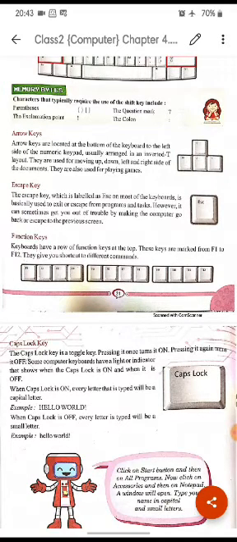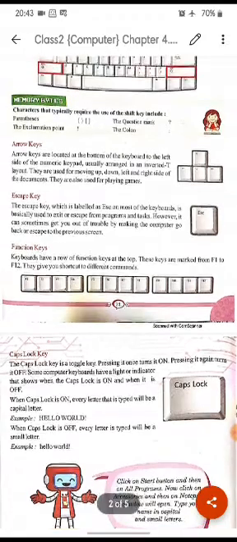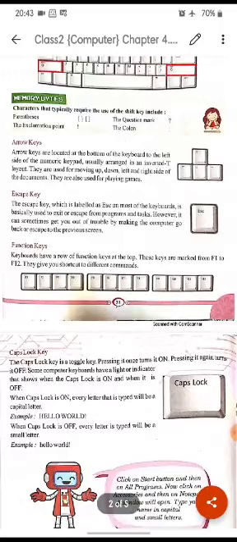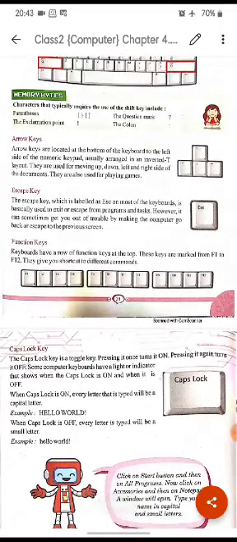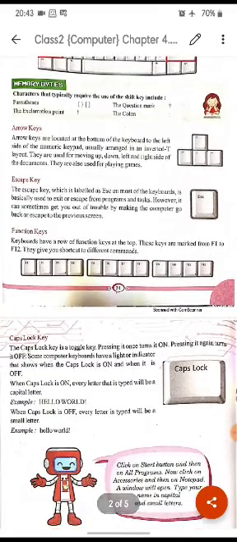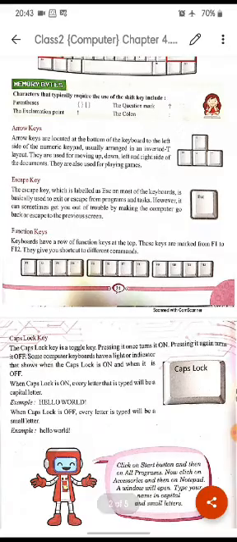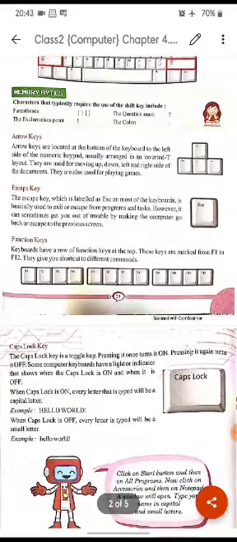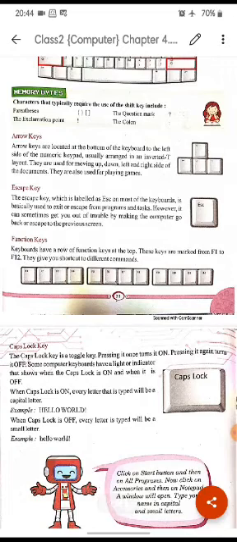In Hindi we can say it as ulta T. So in computer we can see the arrow keys in this inverted T form. Okay, they are used for moving up, down, left, right side of the document. They are also used for playing games. So these are also called cursor control keys. By the help of these four keys, we can also control the cursor.